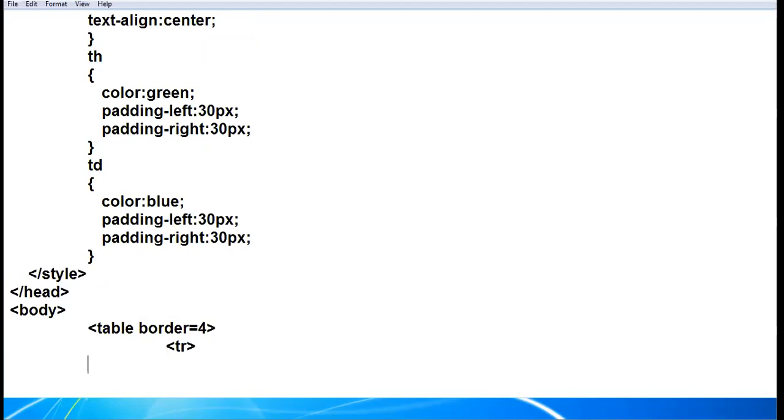In the tr, first cell will be th, Hotels, td, Ramada, BR, Park Lane, td.